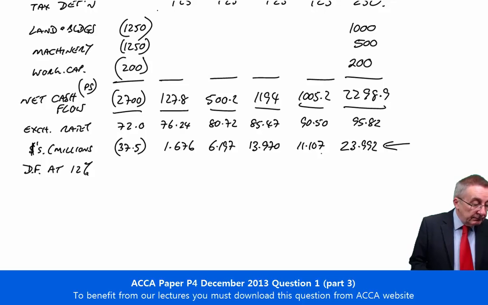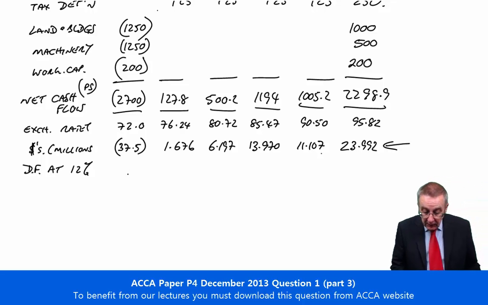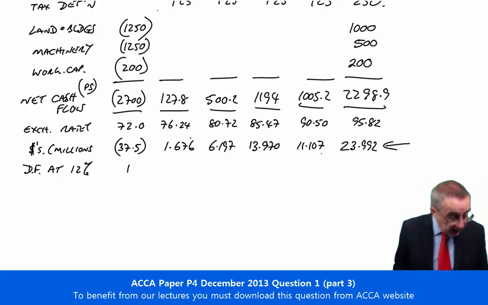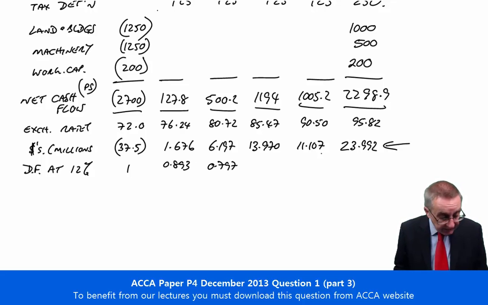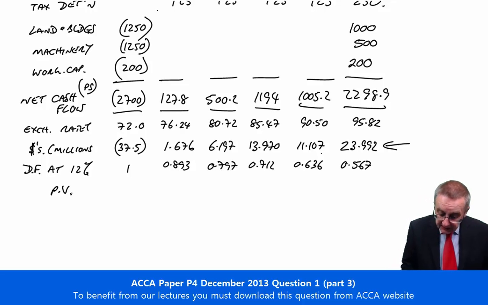And so, I hope the easiest bit of the whole question. The discount factors at 12%. Where are we? 1 year, 0.893. 2 years, 0.797. 0.712, 0.636. 0.567. And therefore the present values